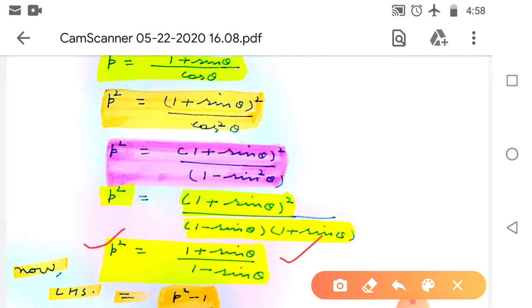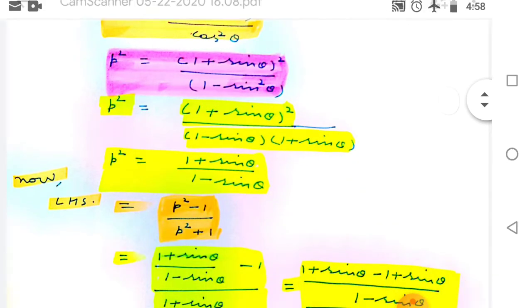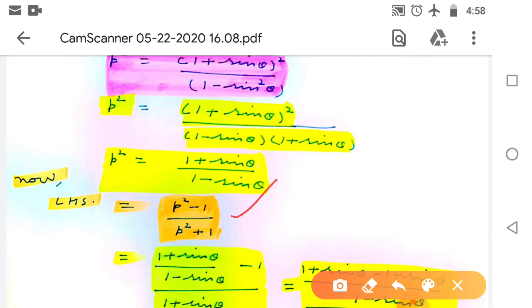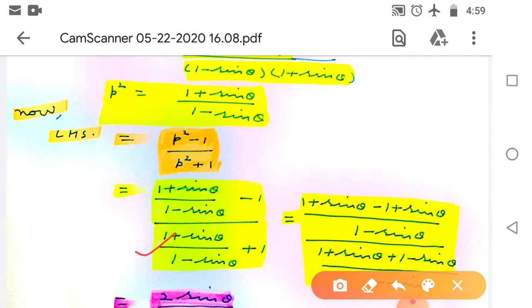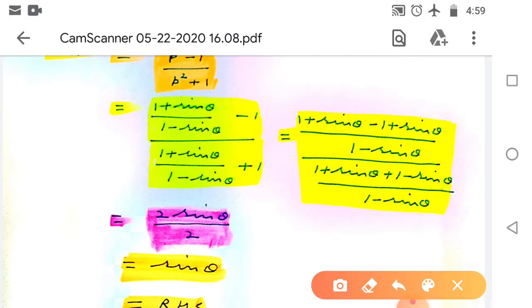This is the value of p square. Now, put this value of p square in the LHS, and the LHS is p square minus 1 upon p square plus 1. So, the value of p square is 1 plus sin theta upon 1 minus sin theta. Similarly, in the denominator, 1 plus sin theta upon 1 minus sin theta. Now, take the LCM, numerator and the denominator LCM, clear, and solve it. This minus 1 gone with plus 1, minus sin theta with plus sin theta, and finally, we get 2 sin theta upon 2, and this 2 gone with this 2 sin theta. So, RHS is your sin theta,